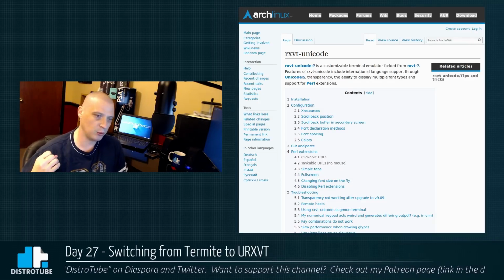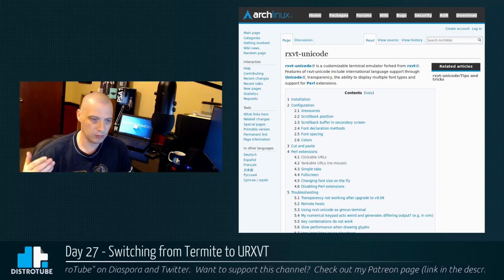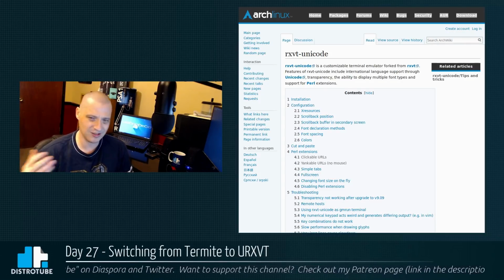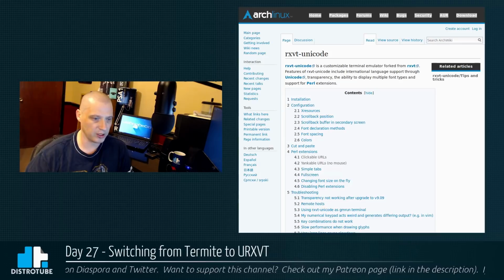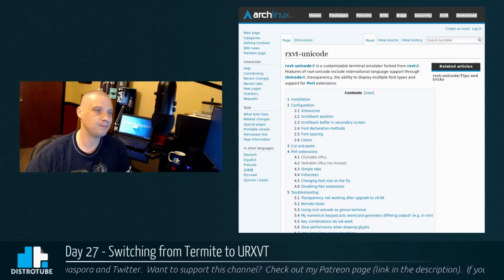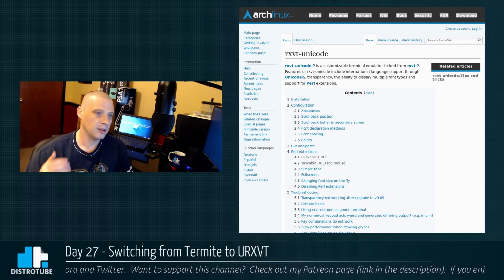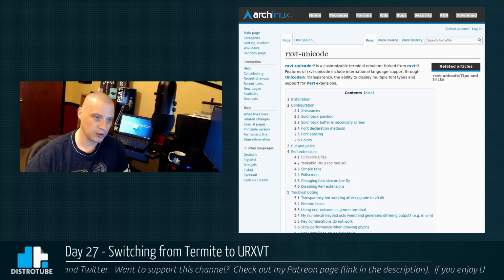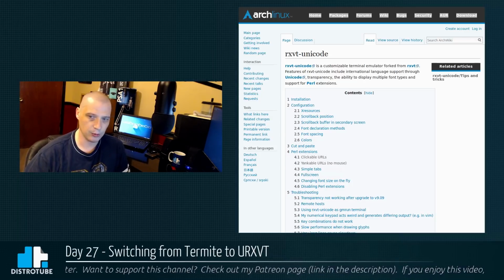It's also the reason I moved away from Xterm. Xterm is another old school terminal emulator. It works, it functions, so does URXVT. I have no problems using them. But Termite, out of the box, just works. The Termite config file also is very simple, very easy to use. So,